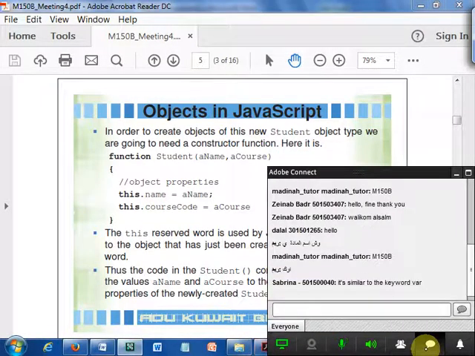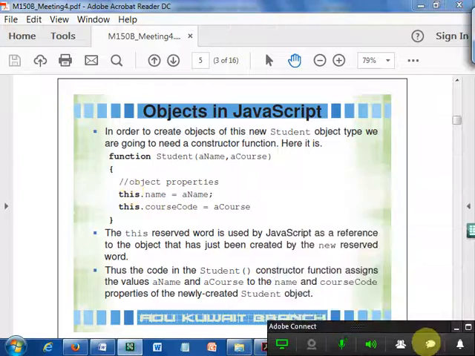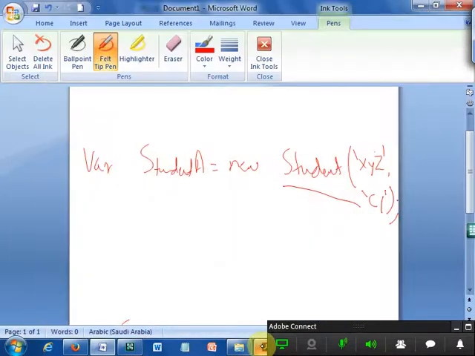I'm sorry, do you mean this object? No, this is not similar to where. This is not where. Where is to create your objects. No, this is not where. This refers to, when it says this dot name, it refers to the currently created object, this one. This refers to the new object which is being created,